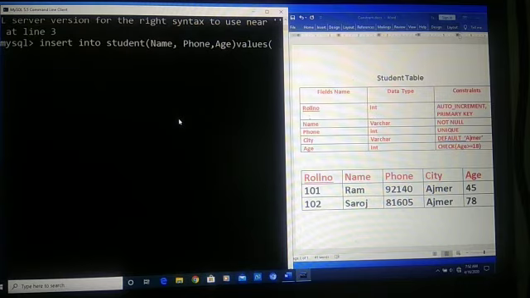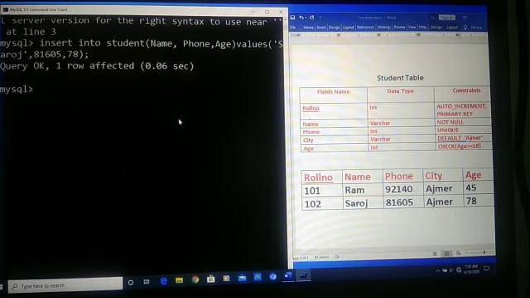We write Saroj in single quotes, close single quotes, comma, phone number 81605, comma, and age 78, and close our parenthesis and press enter. Our query is okay.